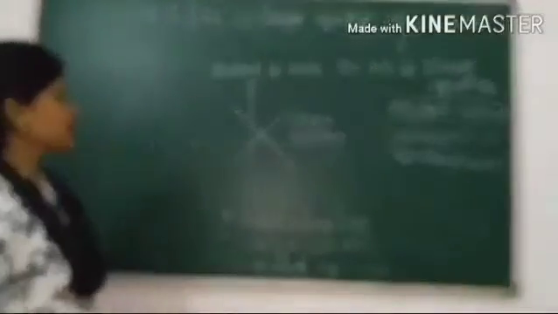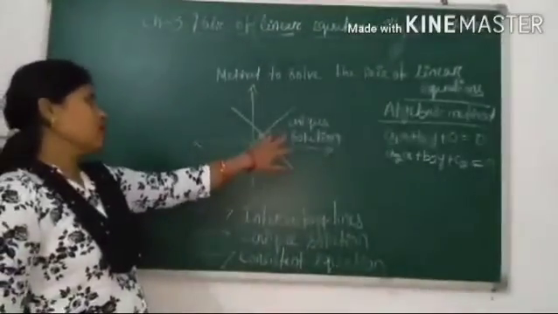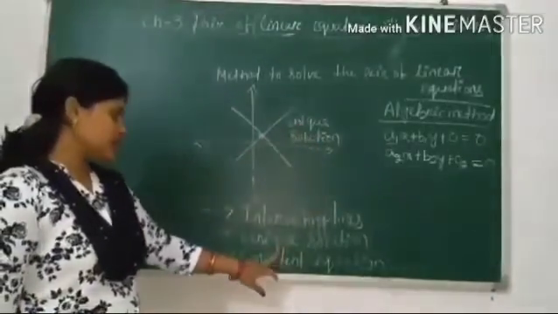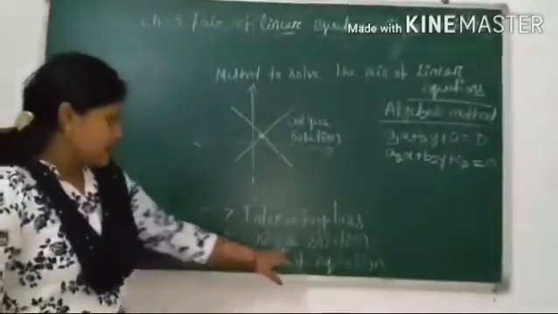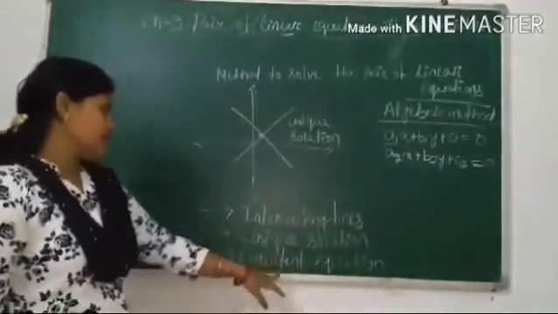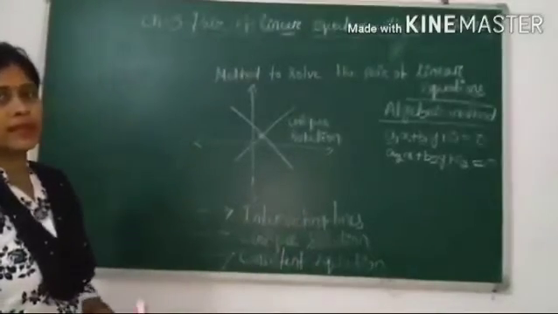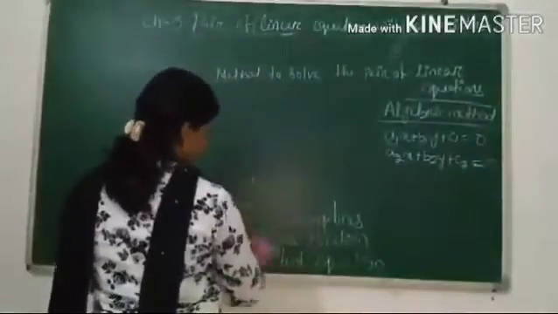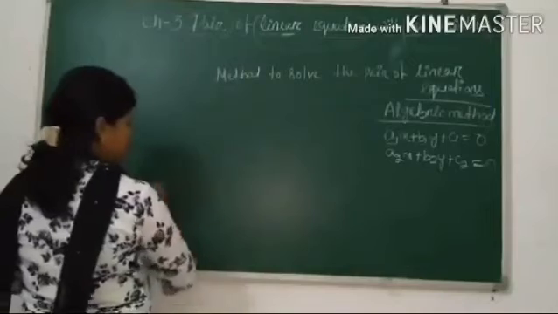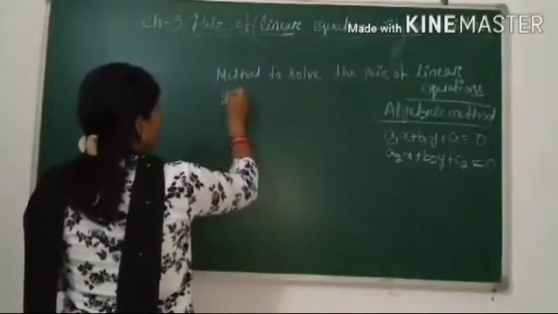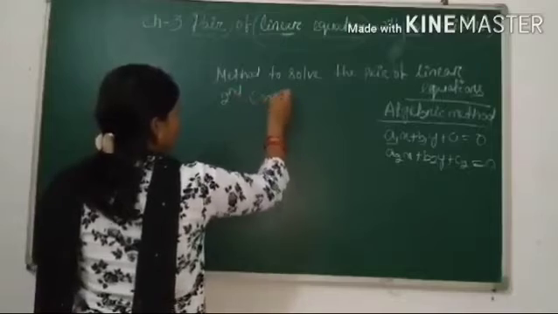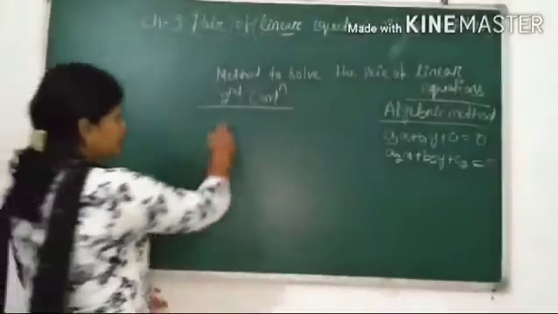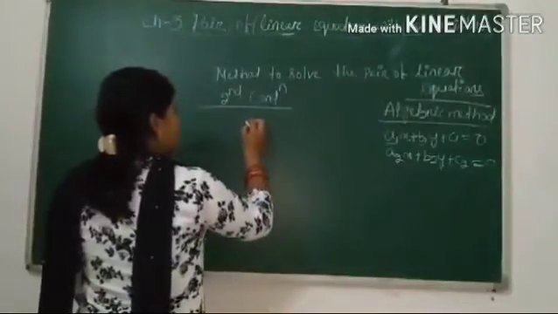Understood the first condition? I am getting one intersecting line here. Intersecting line means a unique solution is possible, and a unique solution represents what? A consistent equation. Got it? Then come to our second condition. So let's see again how to compare the coefficients in the second case. Here I am writing two equations.